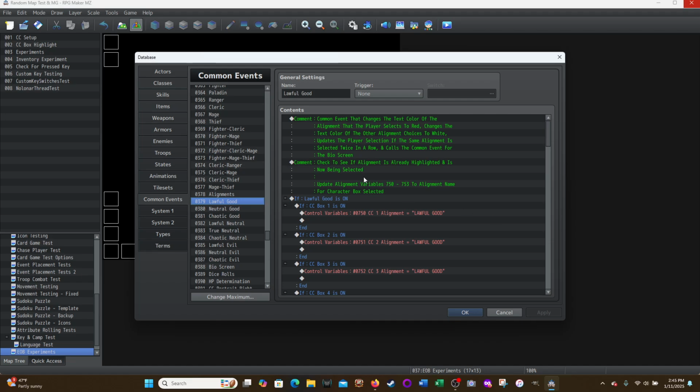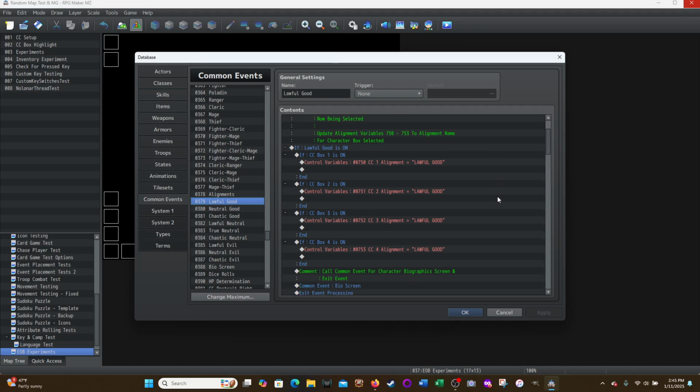Okay, and then it's saying that we're going to have a different set of 4 variables that is going to save the alignment name. So just like with race and just like with class, the first part of the event is what happens if you have clicked twice in a row, right? So if conditional branch lawful good switch is on, right? So we clicked lawful good once and then we clicked lawful good twice. So if lawful good is on, these should look familiar, right? We use those with races and we use those with